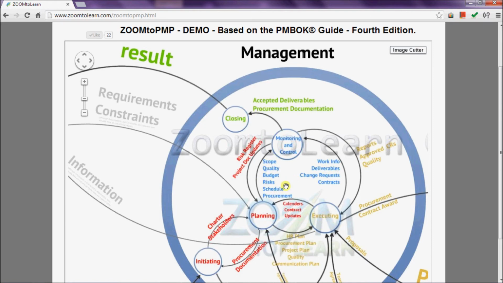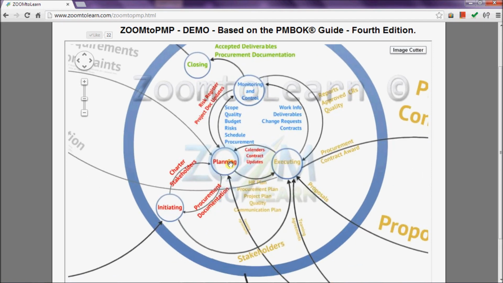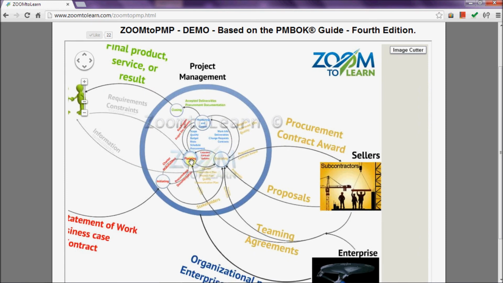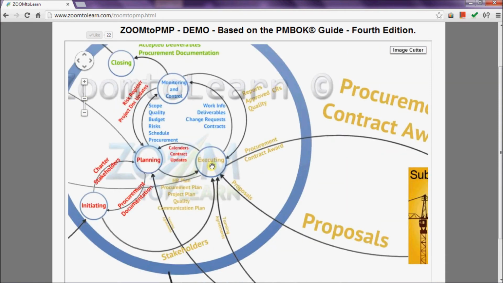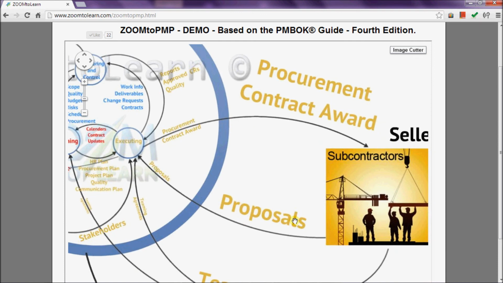During planning, sometimes we understand that we're not able to complete all the work with resources available within the enterprise. Then we will need to work with sellers to complete the work. In the execution, we need to name the particular seller to work with. To do so, collect proposals from sellers and select the best ones, awarding them with a contract.